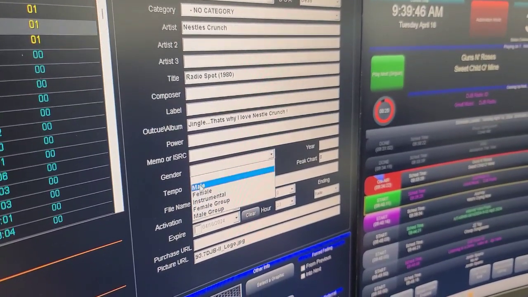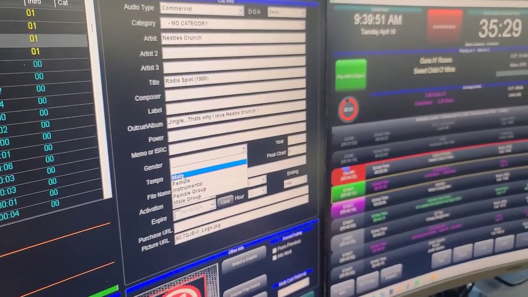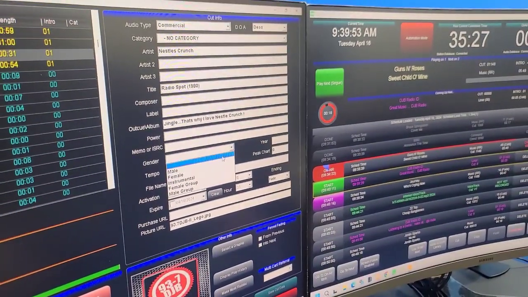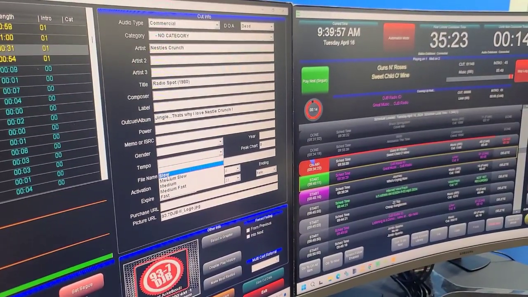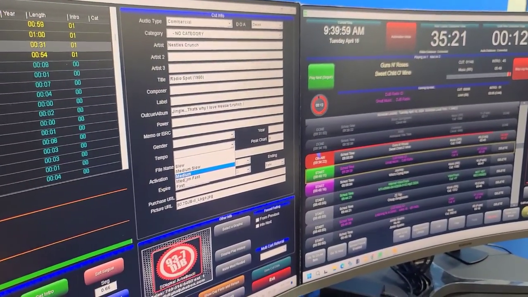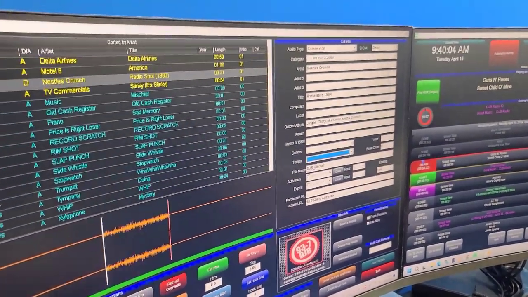You can also add in what type of band this is, or whatever, if it was a group. You can do that. If it's an instrumental track, you select what you want. You can also select your tempo. Slow, medium, you get the point. So once you've set all these, again, this information is saved, and here's one really